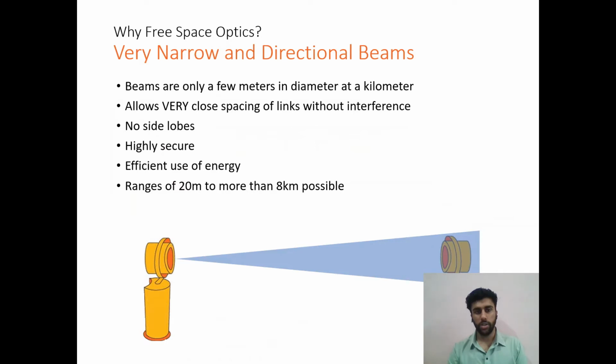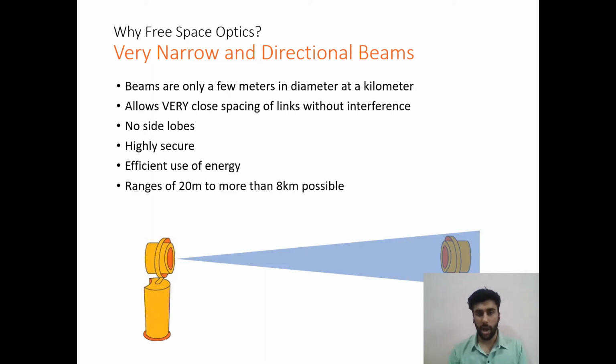So, why should we use free space optics? The beams are only a few meters in diameter at a kilometer. It allows very close spacing of links without any interference. There are no side lobes. It is highly secure. It is an efficient use of energy, and ranges of 20 meters to more than